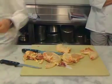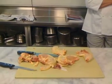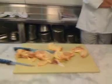Questions? What about the ribs? It stays in. It stays in. It keeps the meat from drying out and also keeps the meat from shrinking. And you quarter it. I mean, you will cut it into 8